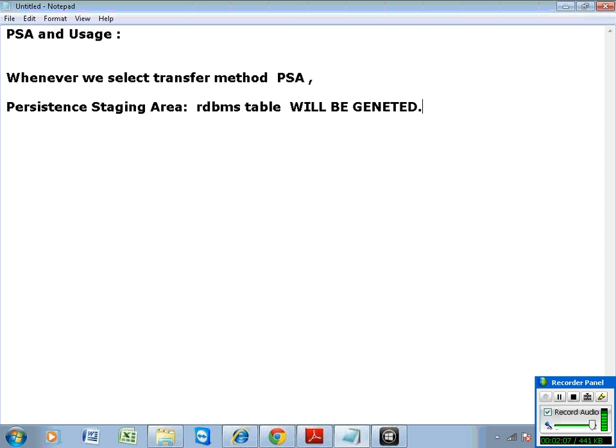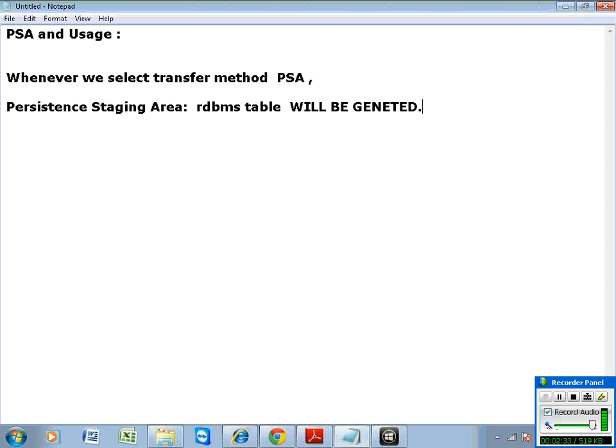If you select the other transfer method called IDOC, then the table won't be generated. And going forward from BW 7 onwards, they made the PSA mandatory. From BW 7 onwards, there won't be two transfer methods. There is only one transfer method, that is PSA, and no more IDOC transfer method.